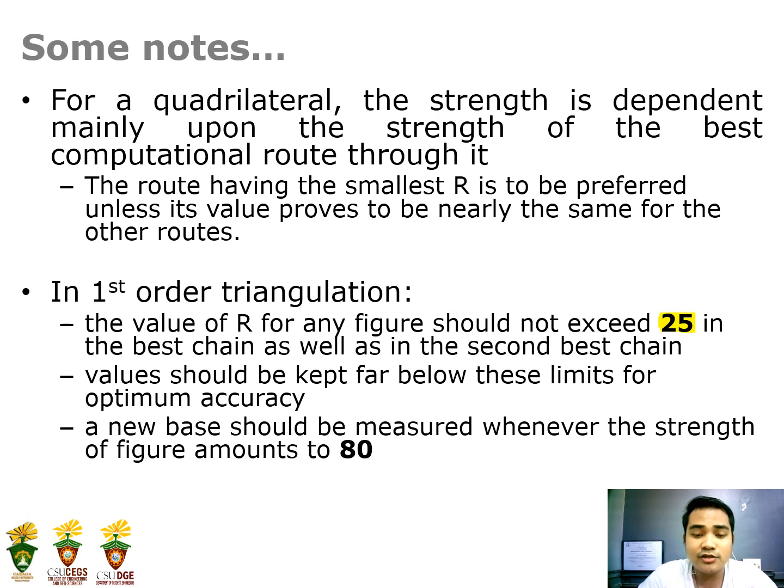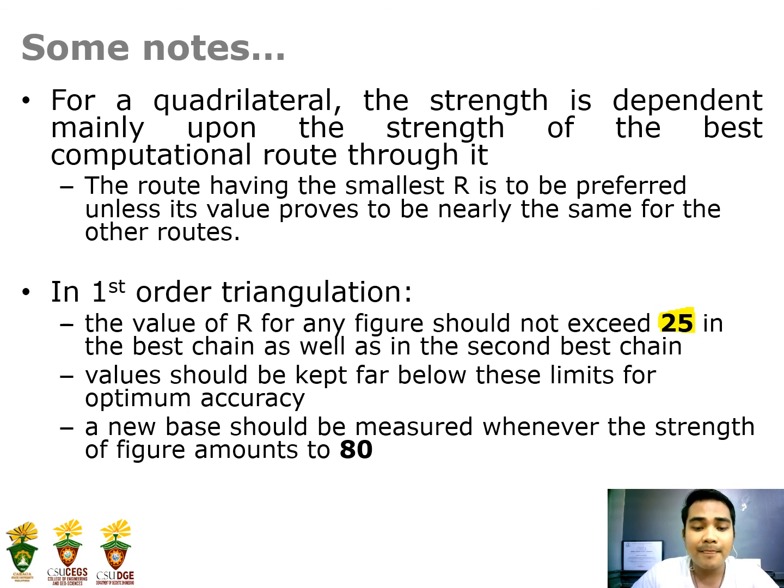And a new base should be measured whenever the strength of figure amounts to 80. So again, if it exceeds 25, it is no longer good for first order. It is okay if a route has 25, but the strength of figure should not exceed 25 in the routes. If all four routes exceed 25, then that is not best for first order